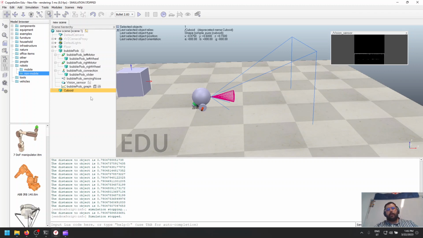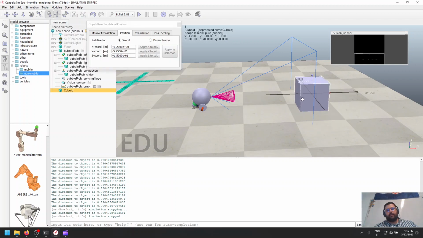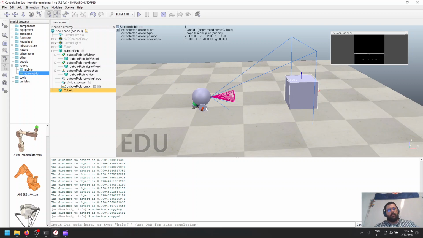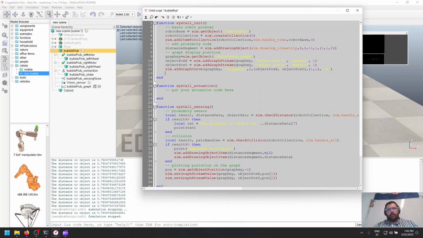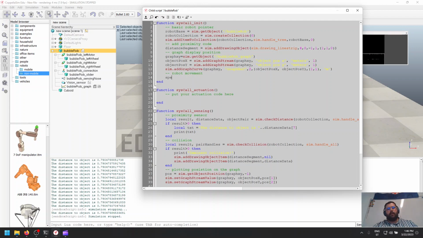Okay, so the final part of this exercise, I know it's been pretty lengthy compared to the previous ones, but in the end is actually controlling our robot here and moving it. Okay, so let's open our BubbleRobot script, and we're going to add a few elements to our syscall for the robot movement. So let's define a variable